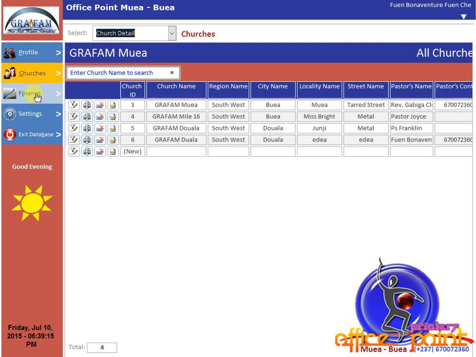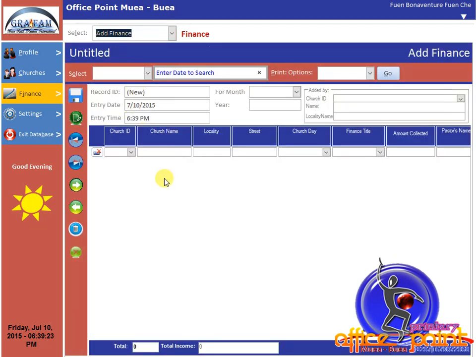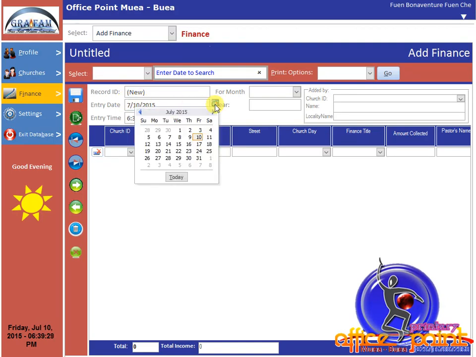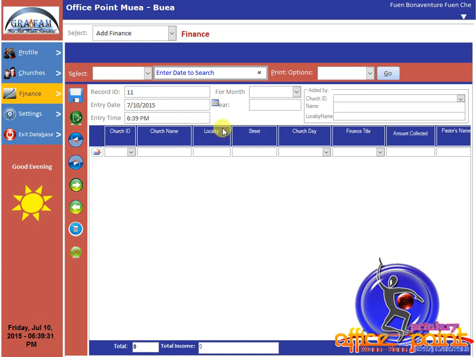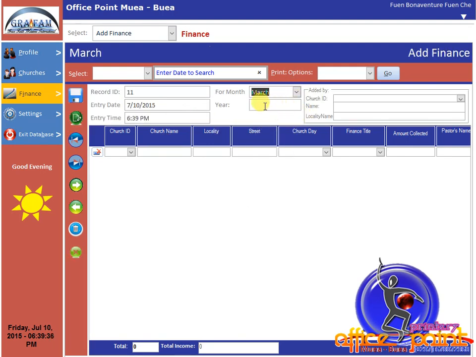We go to the finances. We look first at adding a finance. Let's add a finance. Okay, when you click on add a finance, the finance page will open where you click on the date. You add the date, then you also click on the month, you put the year,